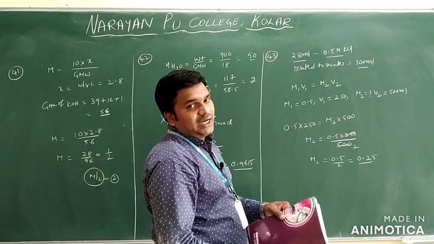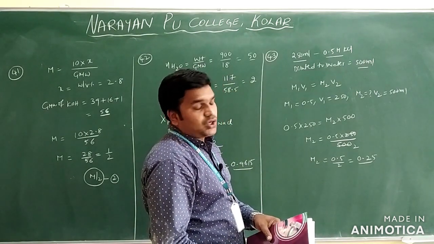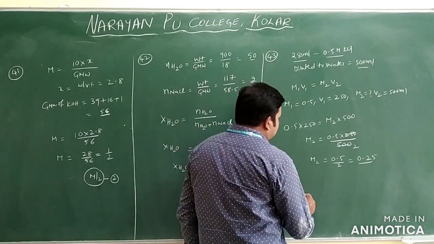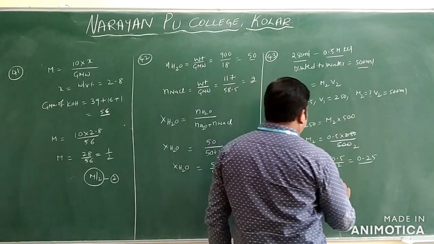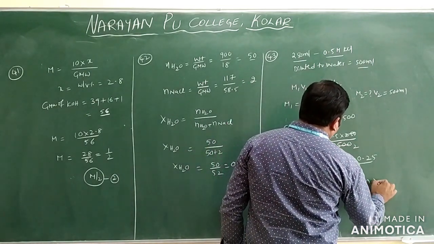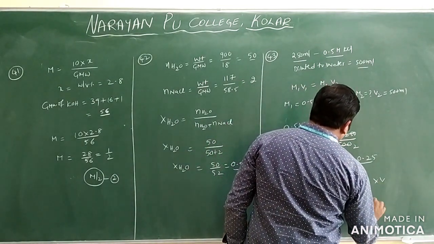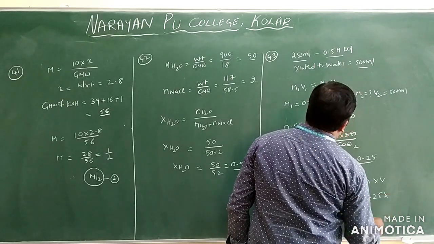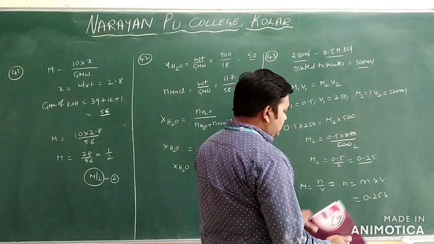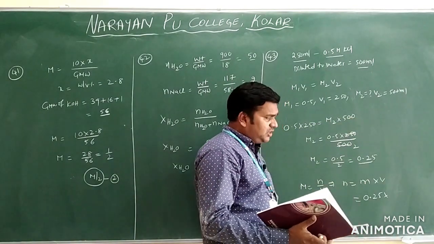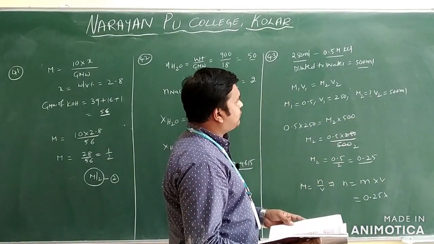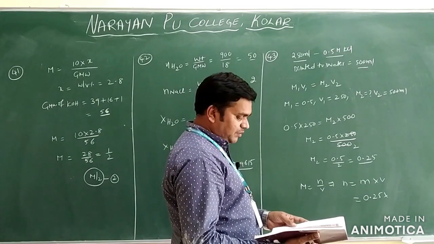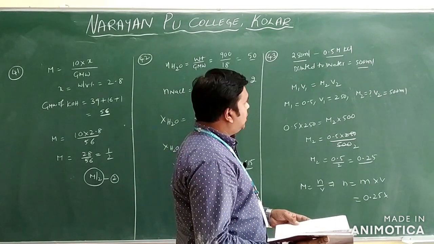Now what are they asking here? Number of chloride ions they are asking only. Number of chloride ions, suppose you can take here. I will write M is equal to N by V. From this I will write N is equal to M into V. How much M did you get? 0.25 here. So here what is the volume V2 given for us? 500 ml is given. You can multiply that one with volume. You will get the answer.